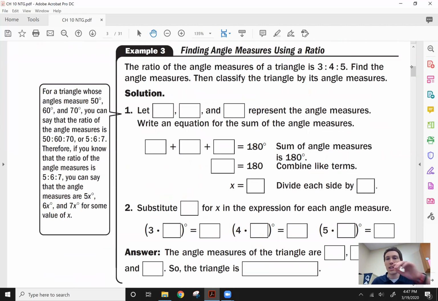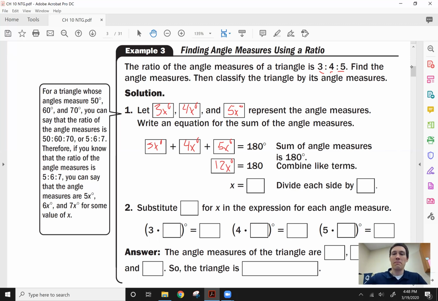All right, finding angle measures using a ratio. It says the ratio is 3, 4, 5 for the angle measures. And what do all the angle measures in a triangle add up to again? 180. So we're going to let 3x, 4x, and 5x degrees represent the angle measures. Write the equation. So again, all those add up to 180. So 3 plus 4 plus 5, that gets me 12x